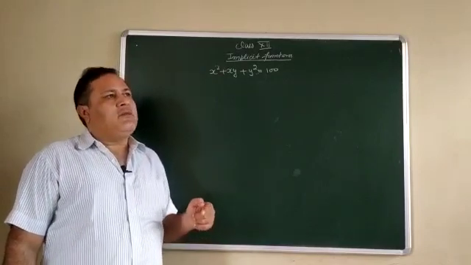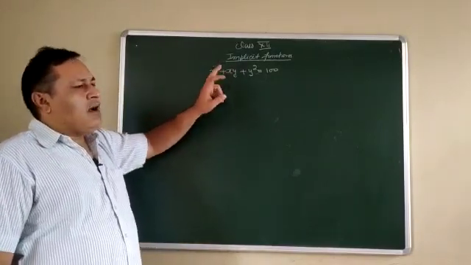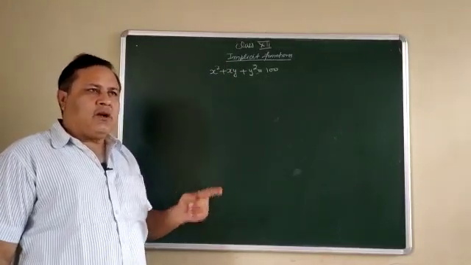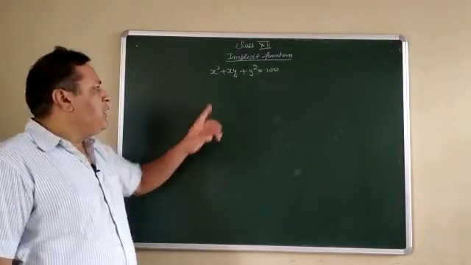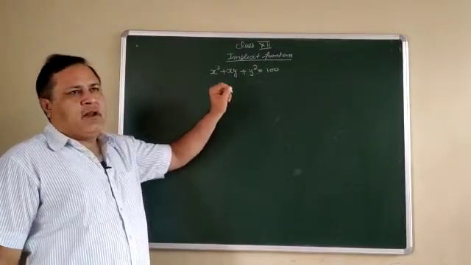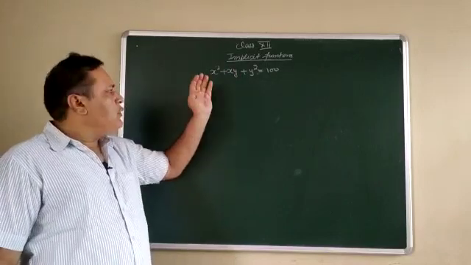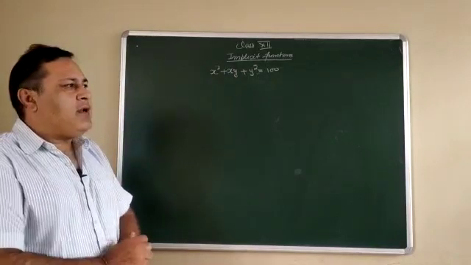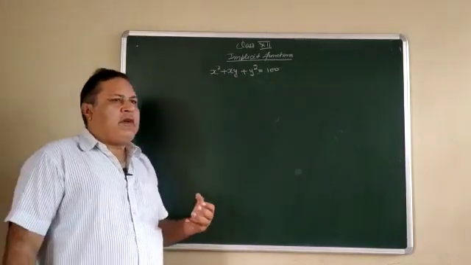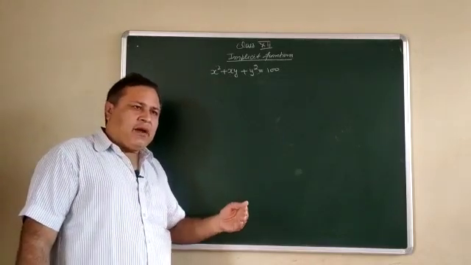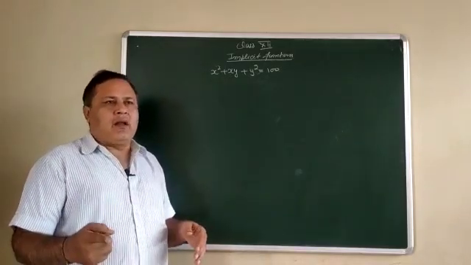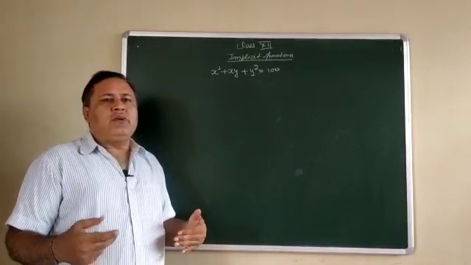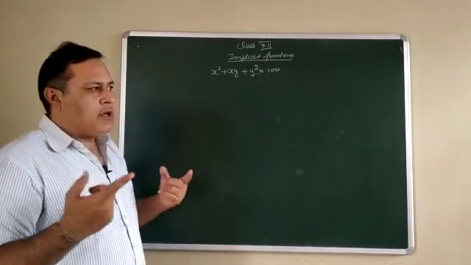But in case of implicit functions, x and y occur together, either in the form of addition, subtraction, multiplication, or division. It is not possible to separate the values of x and y. So during the derivative, we remember the method of u into v and u upon v. And remember, whenever we take the derivative of x with respect to x, it equals 1. But the derivative of y with respect to x is not equal to 1. It is said to be dy by dx. Now see how to solve the question.